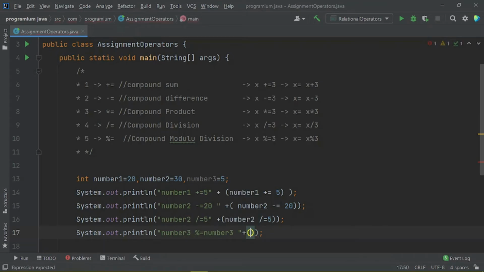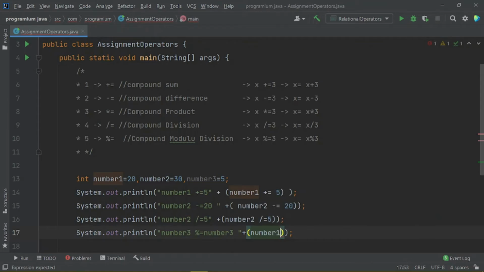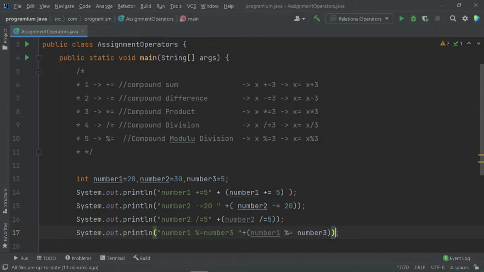So how to do that? We have to use number, sorry, I have to write here number 1. Number 1 modulo division is equals to number 3. So how many statements are plus minus, where is the product?